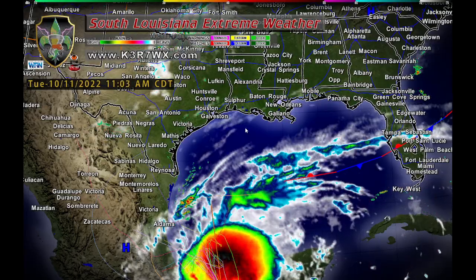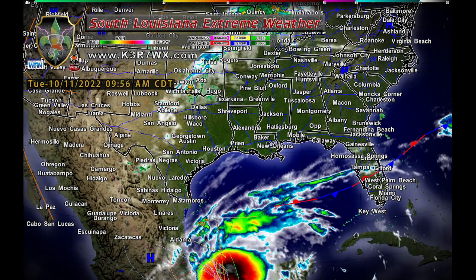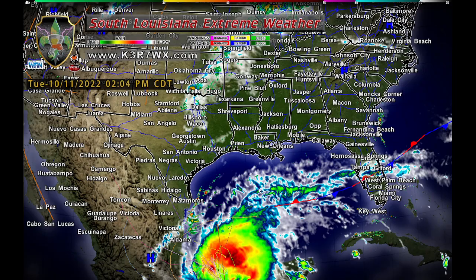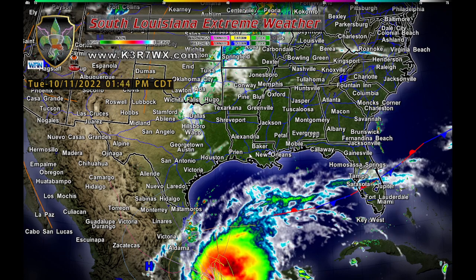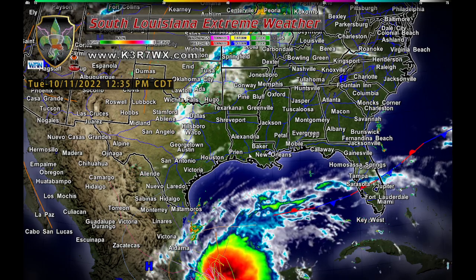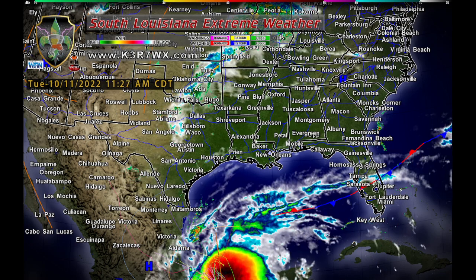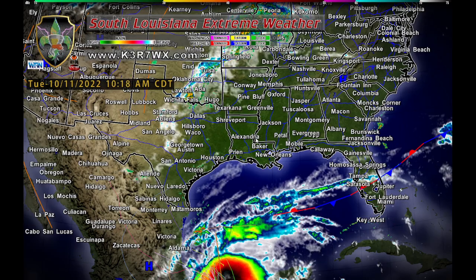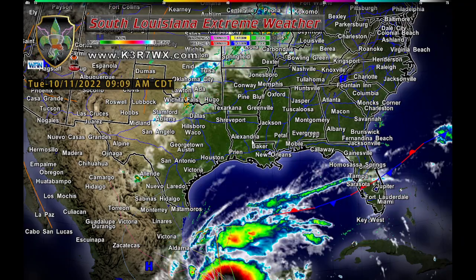this moisture will start to stream in, and the way the setup is looking right now, we're going to have the cold front dropping down that'll meet this old boundary and this tropical moisture, and that's going to set the stage for thunderstorms and showers tomorrow. And then once the front passes, showers and thunderstorms will end, and we'll get a little bit of a cool down, not so much during the day. It'll be about basically a repeat of what has been the last couple of days. So don't look for too much of a big change until we get into next week, and we'll talk about that in a minute. First,